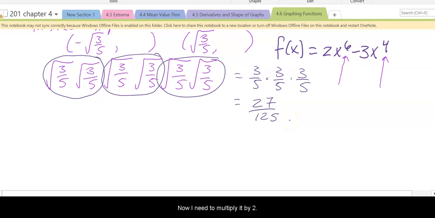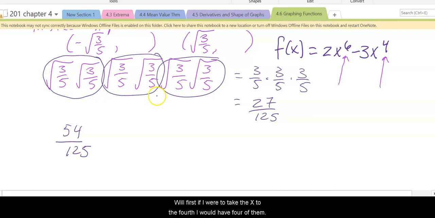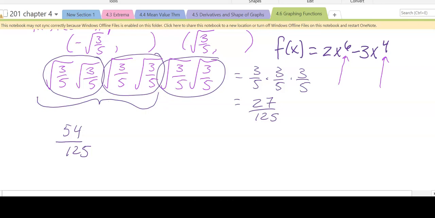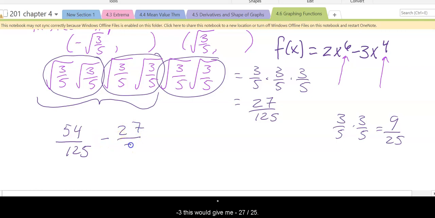Now I need to multiply it by 2. Multiplying by 2 would lead to 54 divided by 125. What would I get for the second part? Well, first, if I were to take the x to the 4th, I would have 4 of them. That would be 2 3/5 multiplied together, which would give me 9 over 25. Multiplying by -3, this would give me minus 27 divided by 25. Those are not like